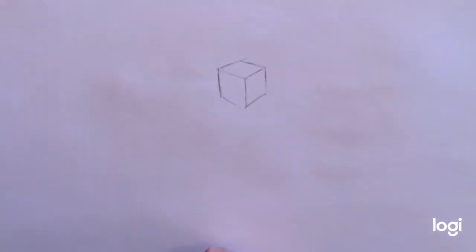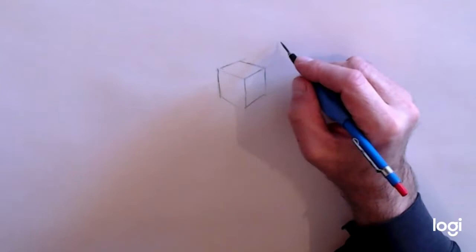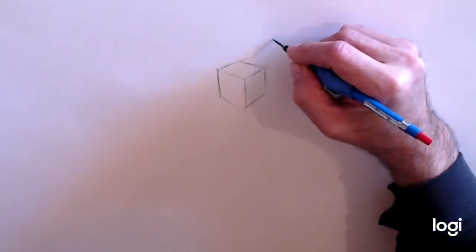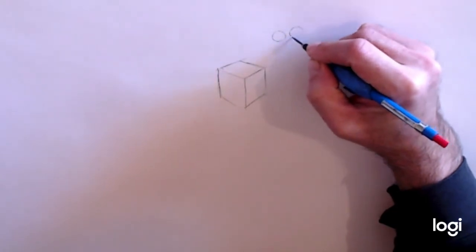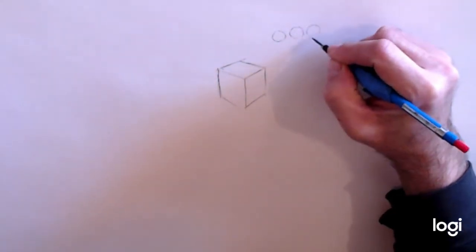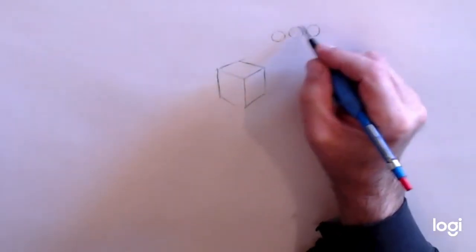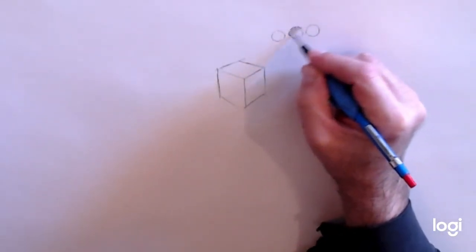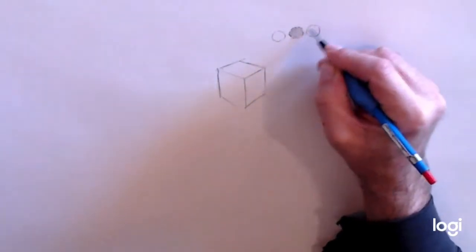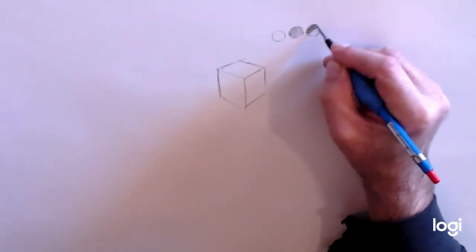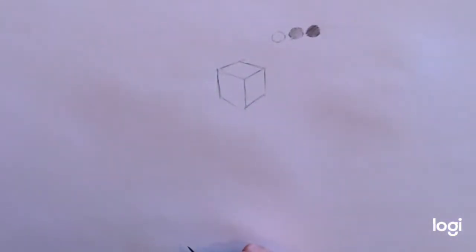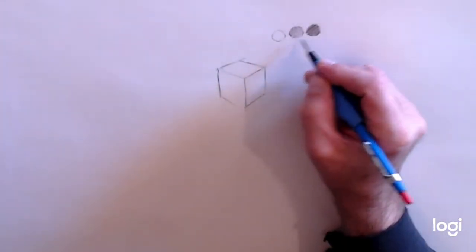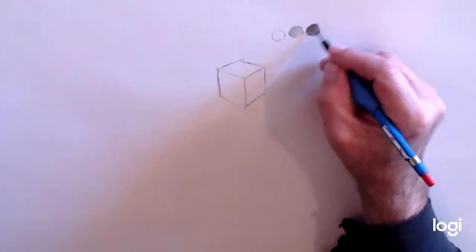So, starting with just straight values, okay? Let's say we have these three marbles. And let's say one of them is medium and one of them is dark and one of them is light. Okay? So if we had a white marble, a gray marble, and a black marble,